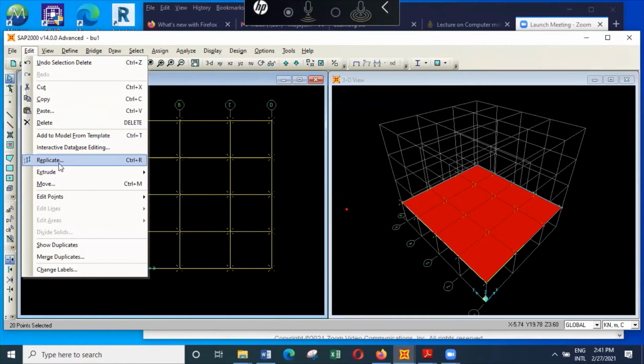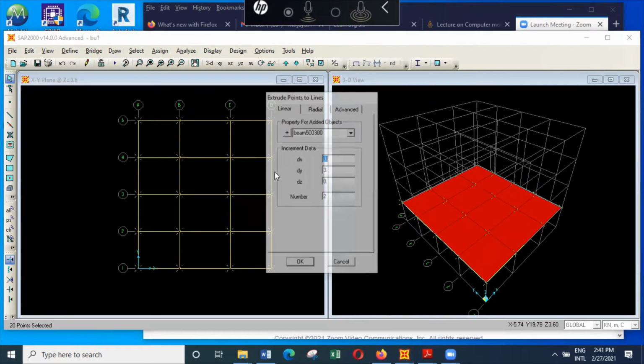I'll say extrude the points, frames, column 0, -3, 0.6, and 1. And to allow for the depth of the foundation, I might have